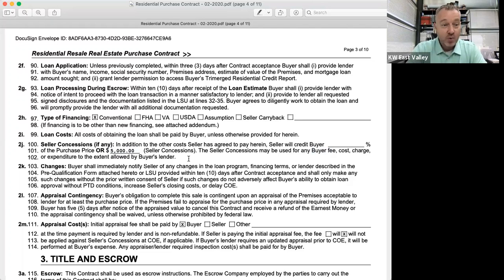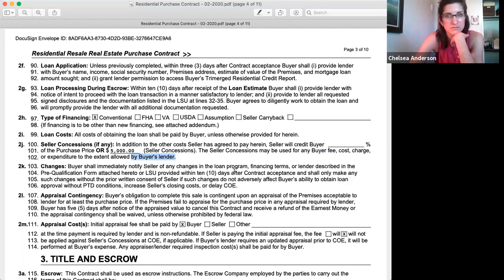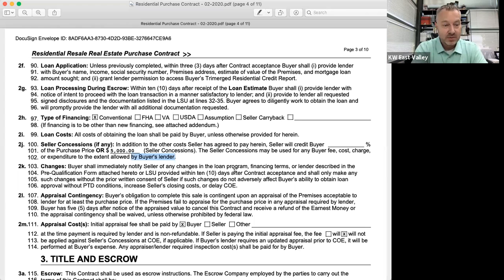Okay, so they've gotten really broad with it. And previously it was much more limited, but now it's like any buyer fee, cost, or charge that's allowed by the lender. So it's incumbent that you be finding out from the lender whether it's allowed. A credit is not always allowed, and a credit is different than a concession. Okay, so in my case, what I'm actually trying to get this $5,000 applied to, because it was a 2.5% co-broke and my buyer broker was for 4%, is I'm looking to get this to pay my bill.